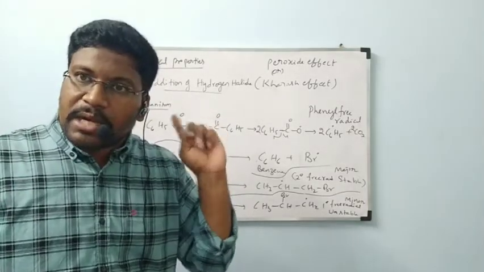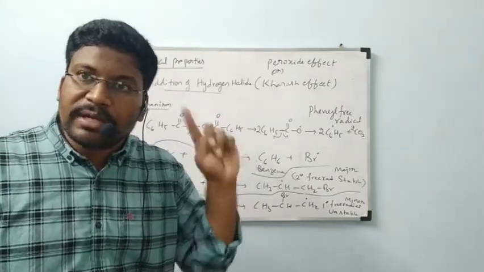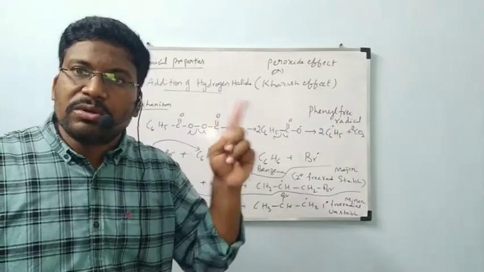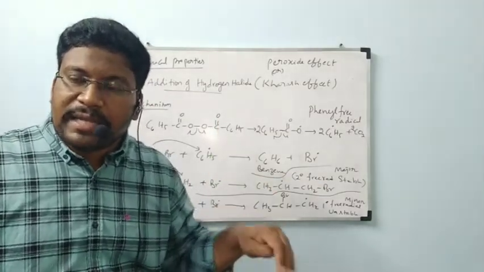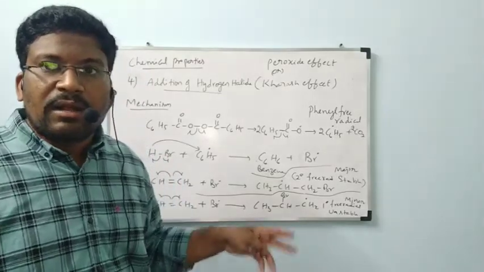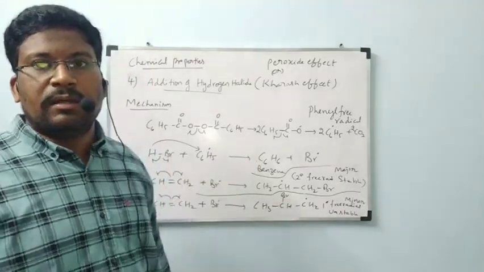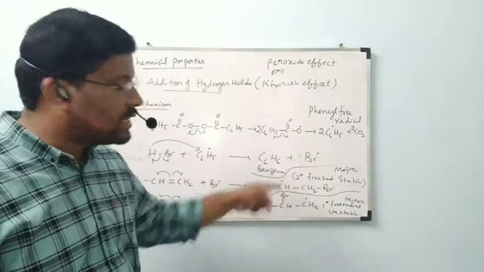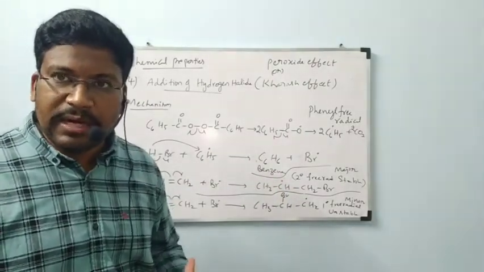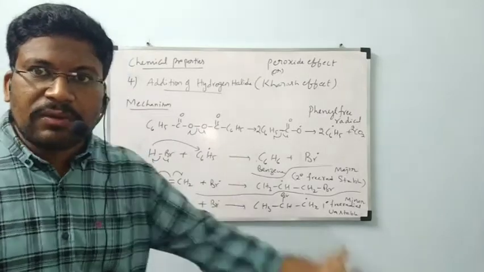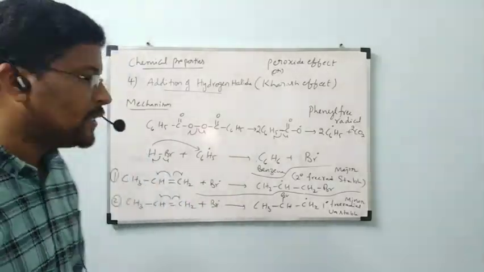In the previous Markovnikov rule, it follows heterolytic fission. There we got 2-bromopropane as the major product. Here the free radical mechanism is taking place, and here we are getting 1-bromopropane as the major product. Now this is going to react with hydrogen free radical to form the complete product. How it is formed, I will write that. Before that, note down this carefully, all of you.